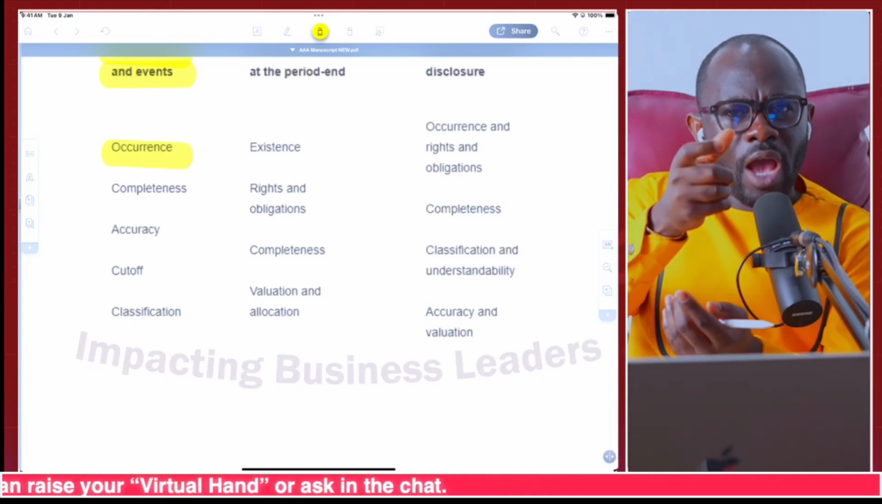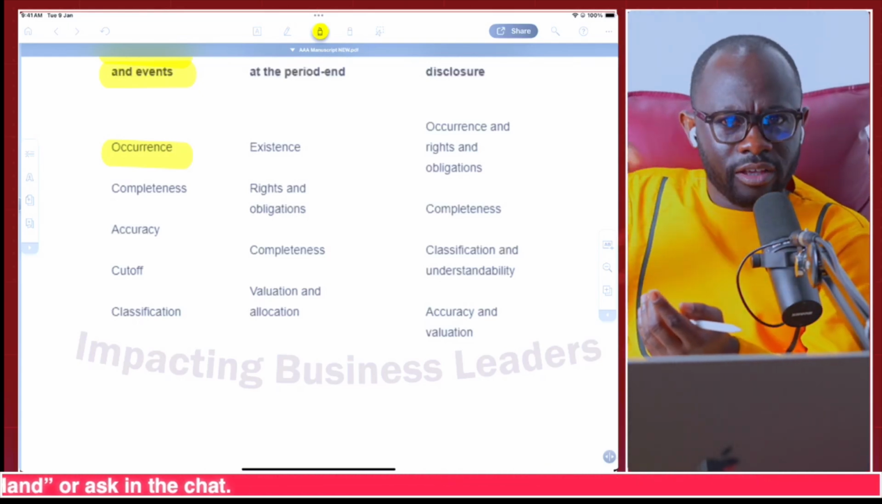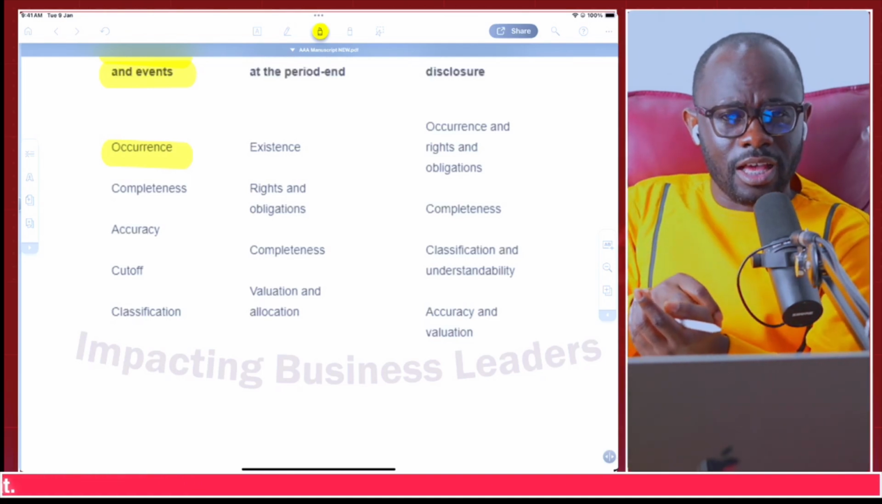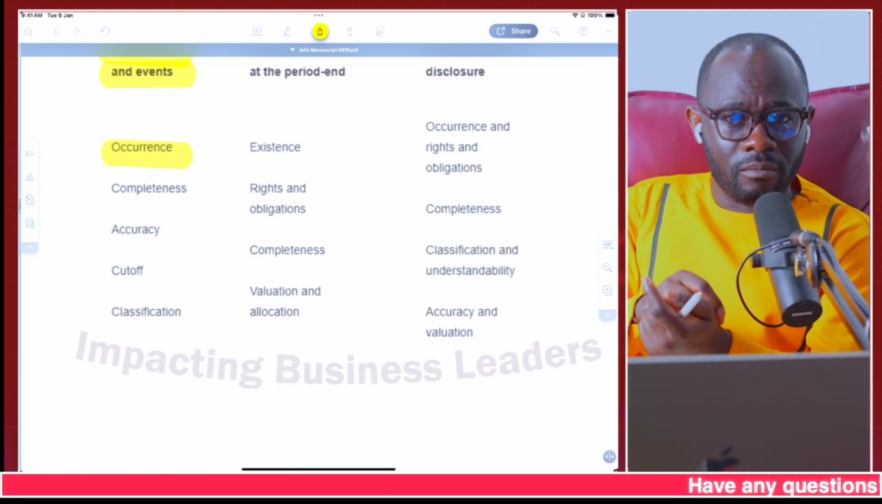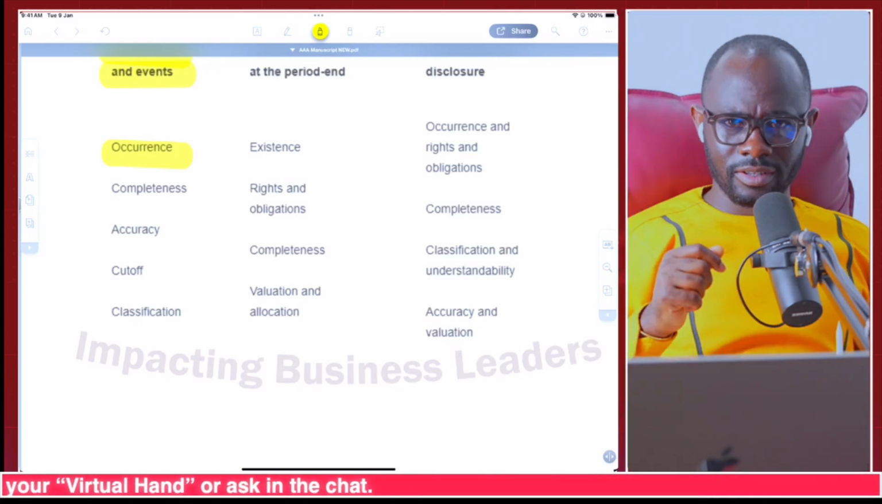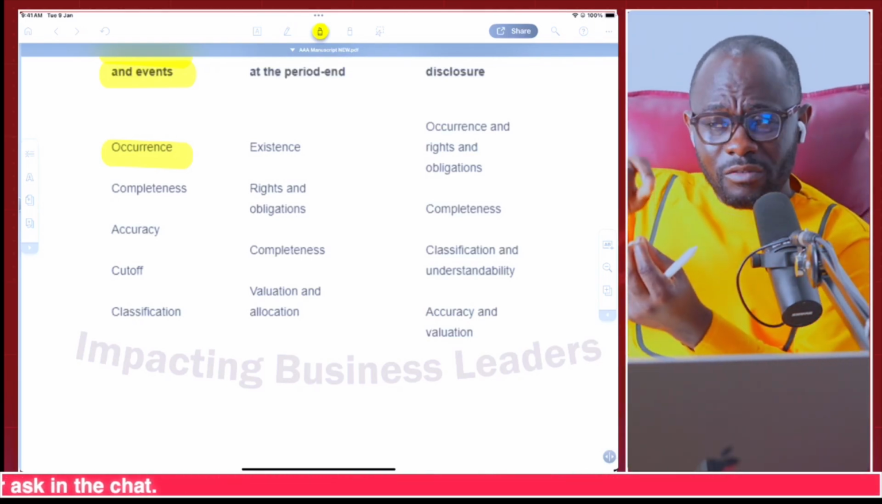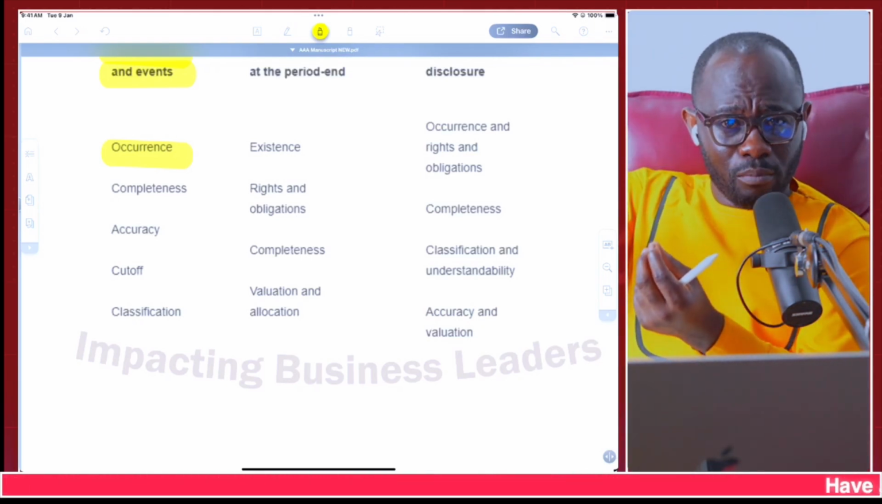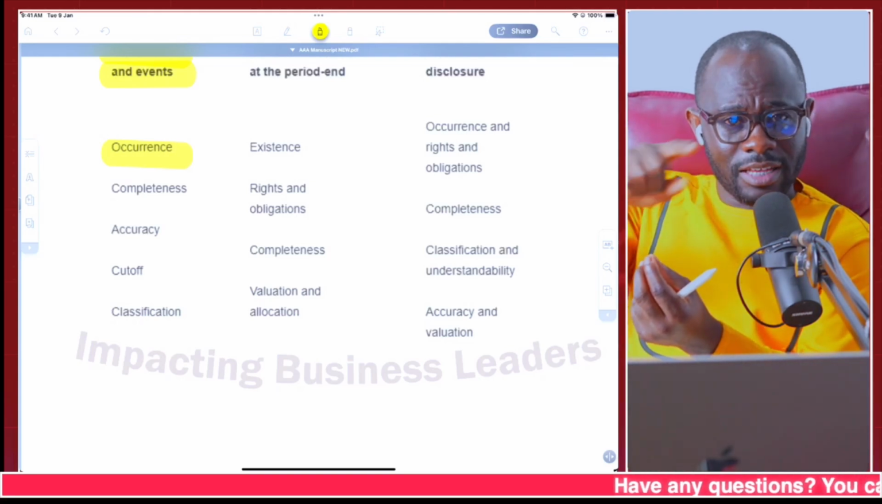Okay. Where is the purchase order you sent to the supplier you bought the equipment from? Where is the invoice the supplier sent to you? Occurrence. Then, as part of even the management meeting, the board minutes that we are looking at, another thing we